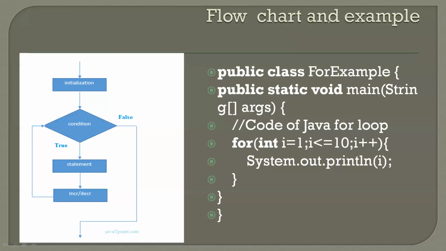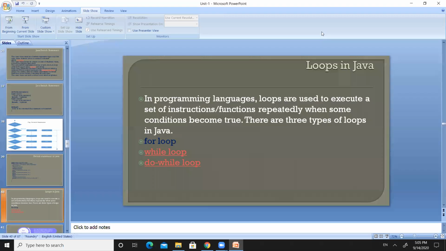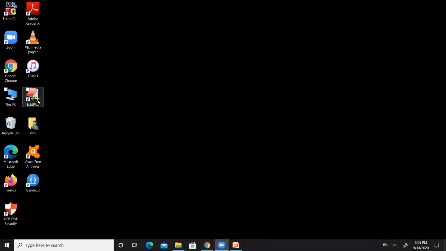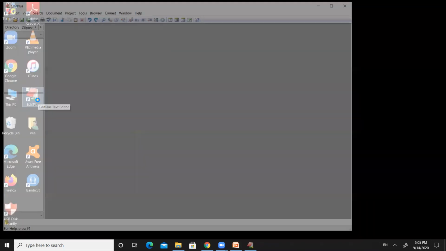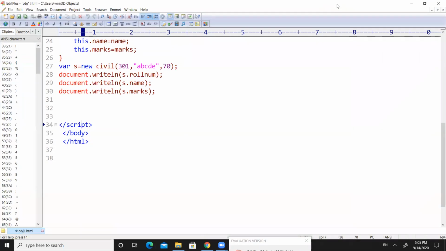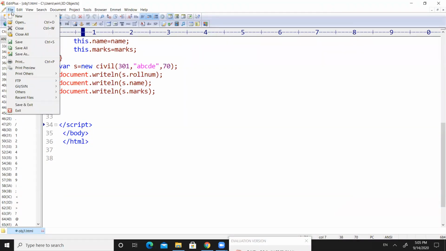So let us move to the programming window and see how this for loop can be used and what the syntax of the for loop is in this program. We all are familiar with this one, right? We are very familiar with this for loop, how we can use it in the C programming language. It is very similar in C++ also. Not similar, almost similar, right?